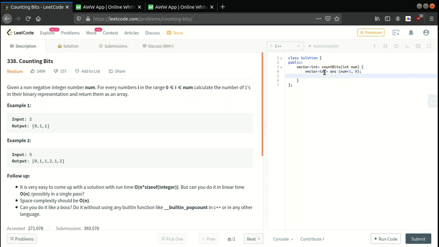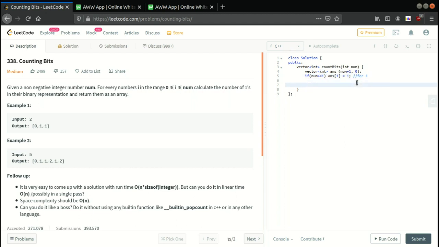After that, if our num is greater than or equal to 1, I'll hardcode 1's value as 1, because we already know that the binary representation of 1 will have only one on bit. Okay, this is for 1. And why is this if statement over here? Because suppose the test case is 0 and we are doing this, we are accessing out of bound of our answer array and it will throw some error. So for that safety we are keeping this if statement.